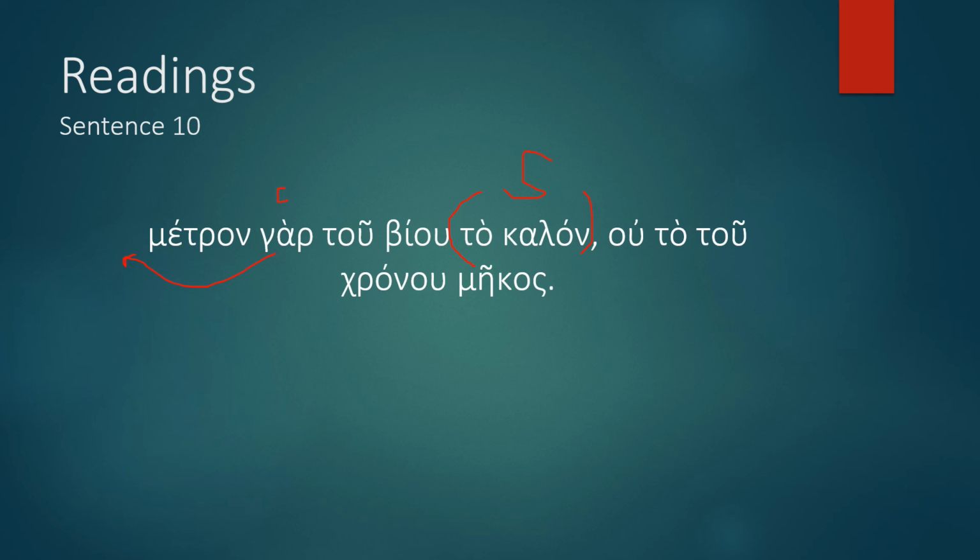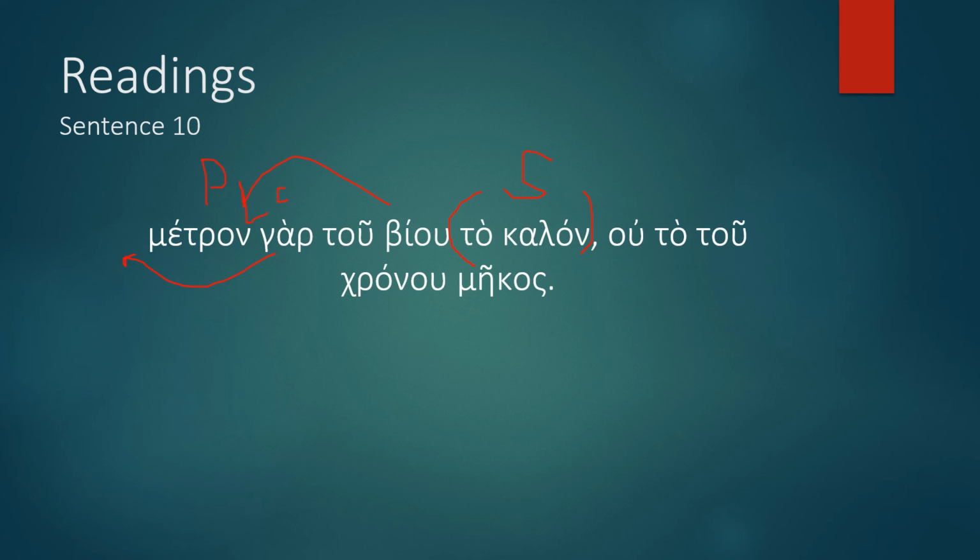Well, where are we going to take this to? Biu. The beautiful of life is the measure, or the beautiful is the measure of life? Well, that's kind of how I want to take it. Beautiful is measure of life. So my predicate over here, and genitive modifying this. For the beautiful is the measure of life. Not u